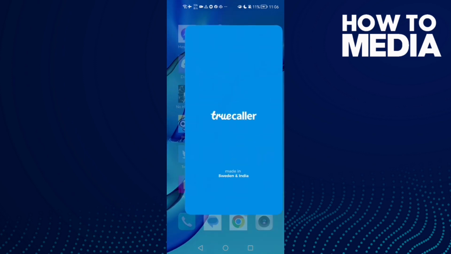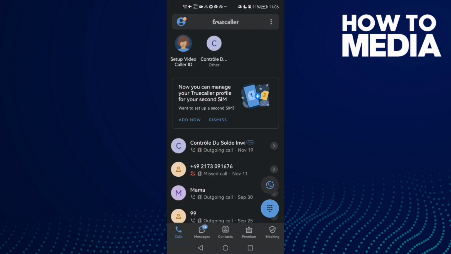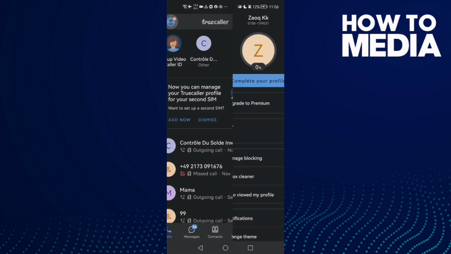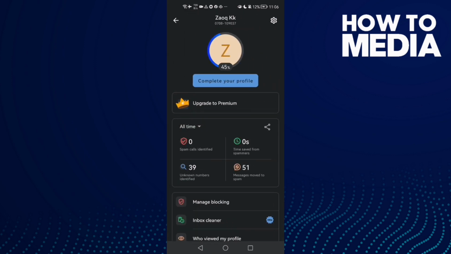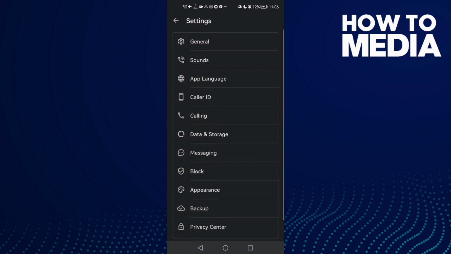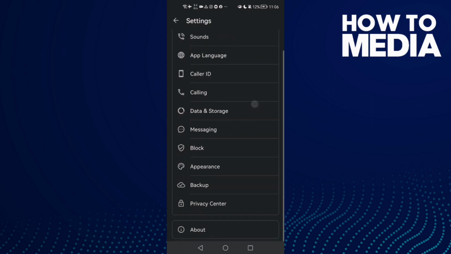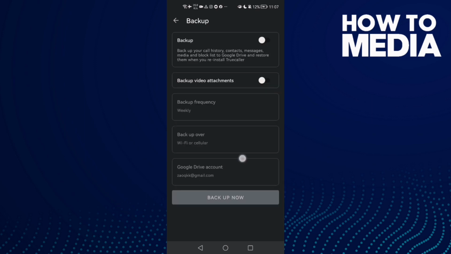First open Truecaller and here click on your profile, and now click the settings icon here in the top corner. And once you're here, just click this one, Backup, and that's it. Here you can manage backup settings, and you can enable it or disable it. It's easy,